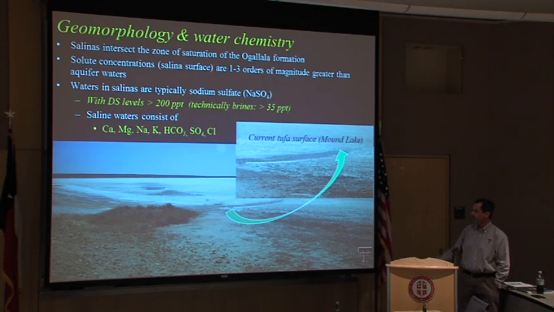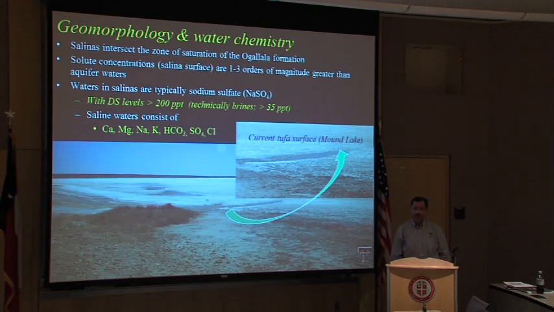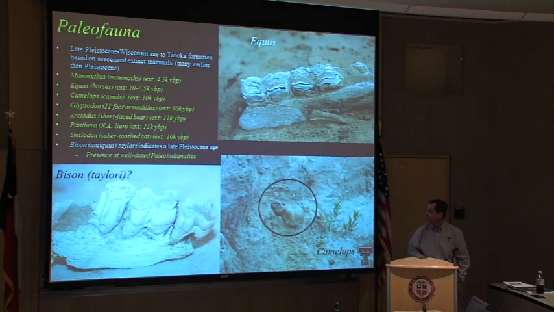But the water in these systems, and Mound Lake is a really good example because it really is very, very salty. Dissolved solid levels of more than 200 parts per thousand. If you think in terms of what a brine is, it's about 35 or 36 parts per thousand. So several-fold greater. Typically a mix of calcium, magnesium, obviously salt, potassium, chlorides, and other minerals. And the composition of those chemicals and minerals varies from lake to lake. But again, this is where that solute concentration occurs, right on the surface.